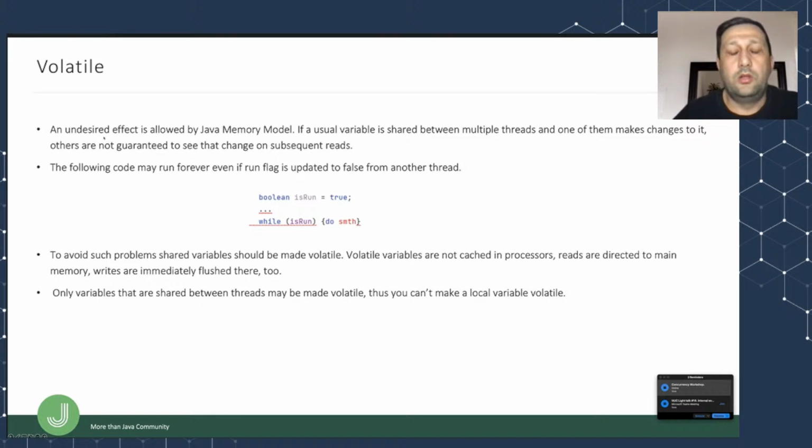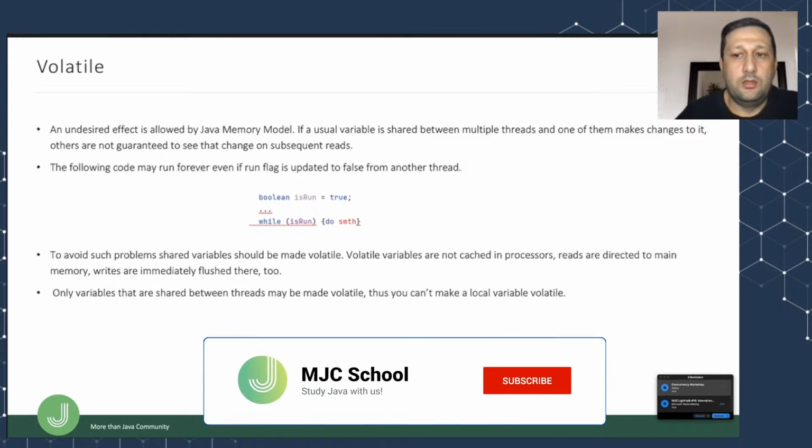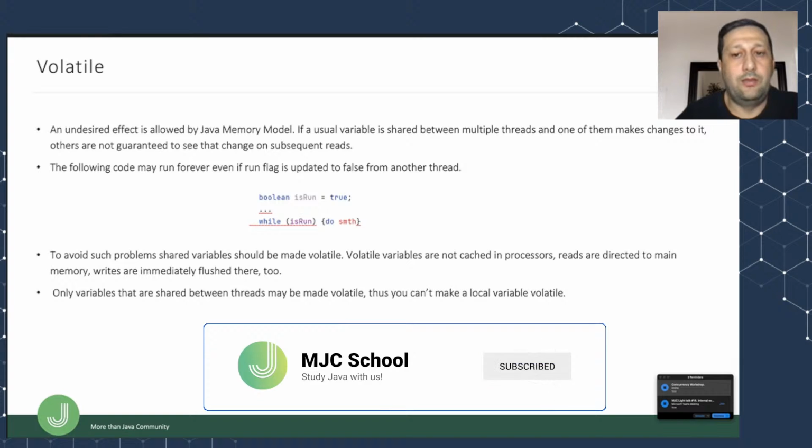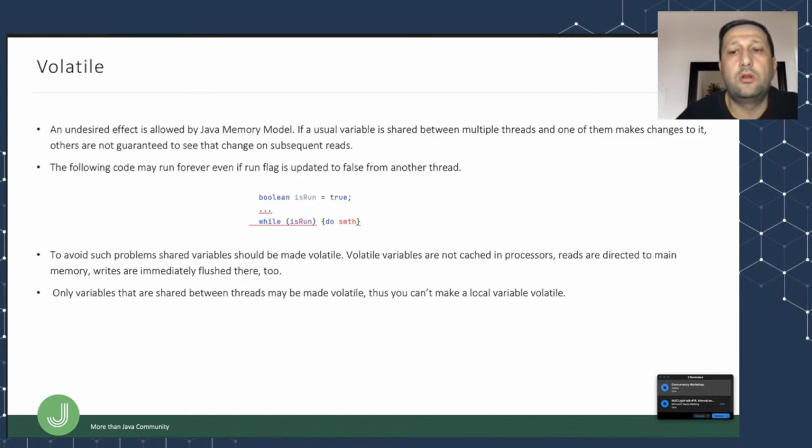Volatile. Well, volatile is yet another way of making a class thread safe. Suppose that two threads are working on a shared object. If the two threads run on different processors, each thread may have its own local copy of the shared object or shared variable. If one thread modifies its value, the change might not be reflected in the original one in the main memory instantly. And now the other thread is not aware of the modified value,